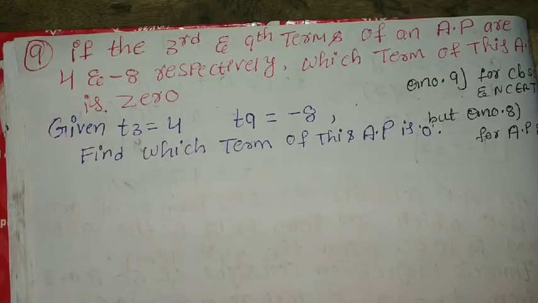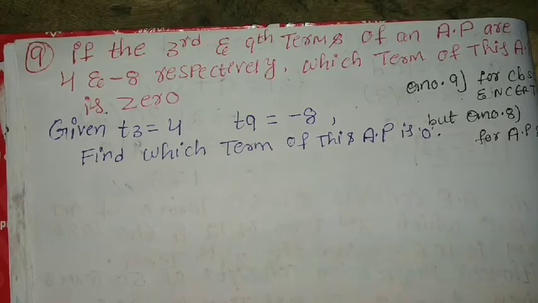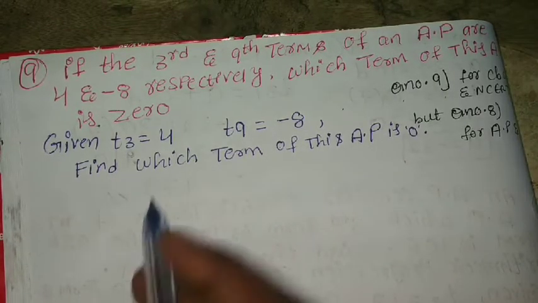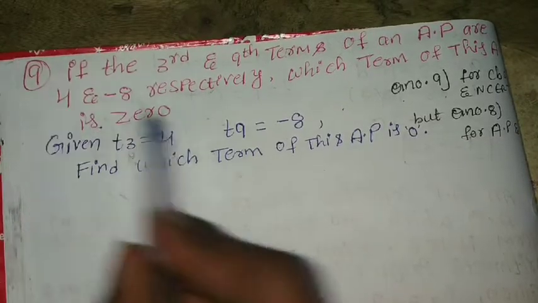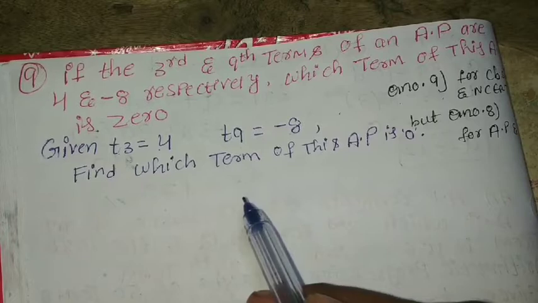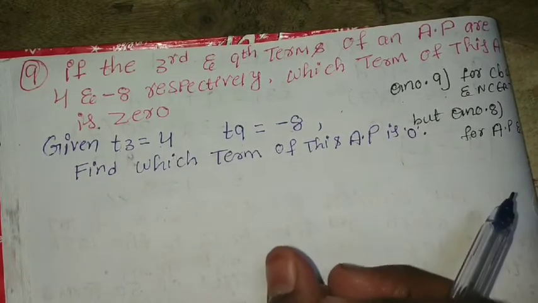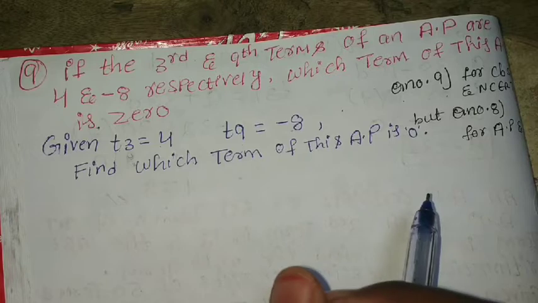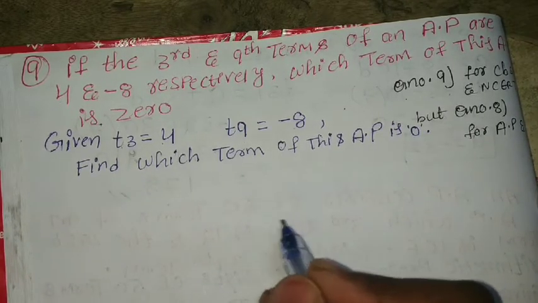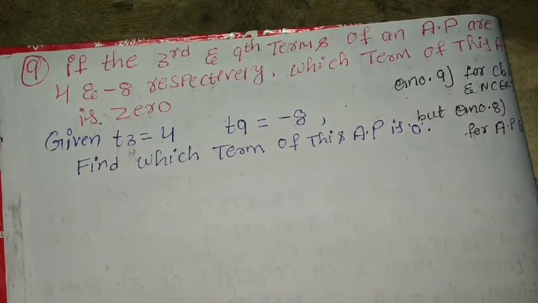What they given here: if the third and ninth term of an arithmetic progression are 4 and minus 8. So term 3 is equal to 4 and term 9 is equal to minus 8. Already they given. What we need to find here: which term of this arithmetic progression is 0. So we need to find n, that means number of terms. So how we can do? See,